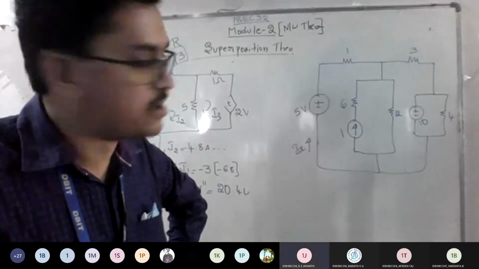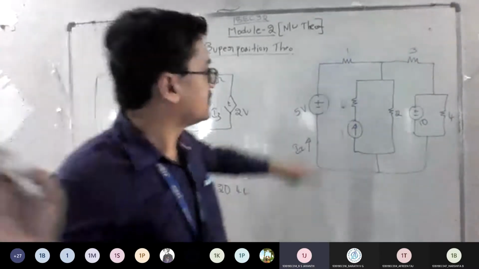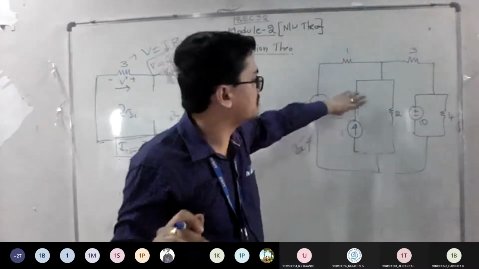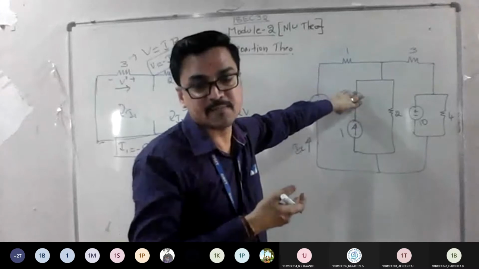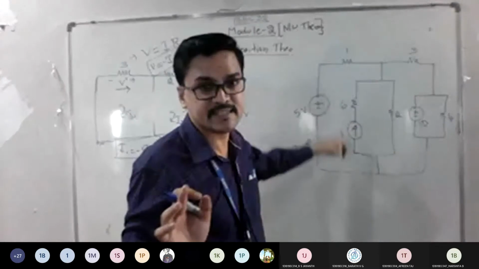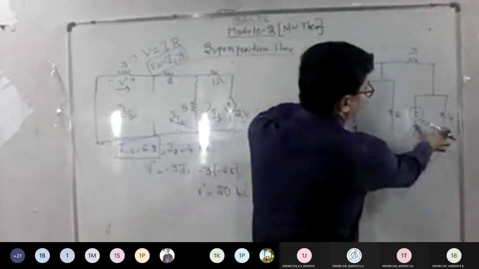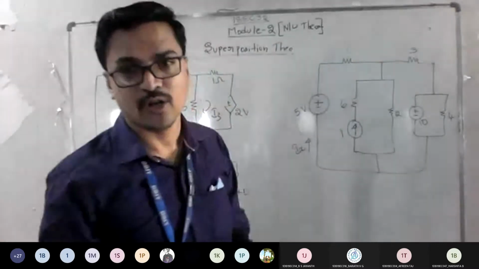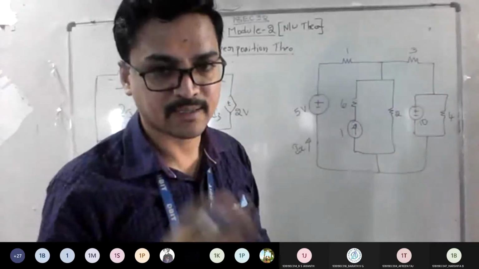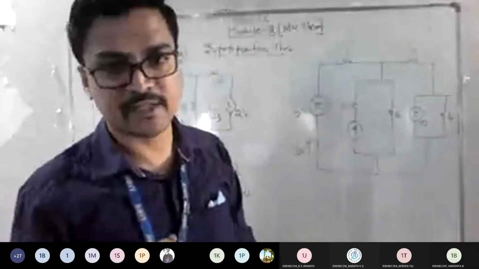Sir, the resistance which is in series with the current source is neglected, and the resistance in parallel with the voltage source is neglected. Very good. For an ideal current source, a resistor in series should be eliminated. So this goes off. Even in this problem the same condition applies. Irrespective of superposition theorem or source transformation, this is in series, so this is gone. Only these are in parallel. You need to remember the logic: voltages in parallel you can't add, so convert to current and add the currents in parallel; similarly voltages in series can be added. Apply that logic and proceed.